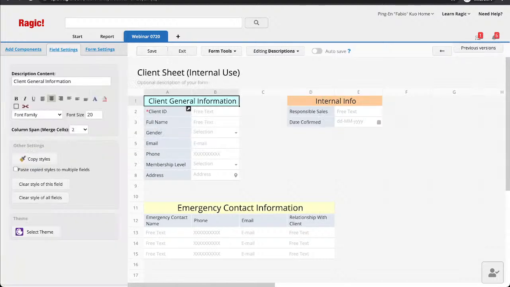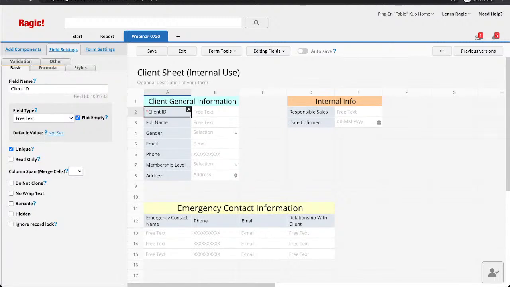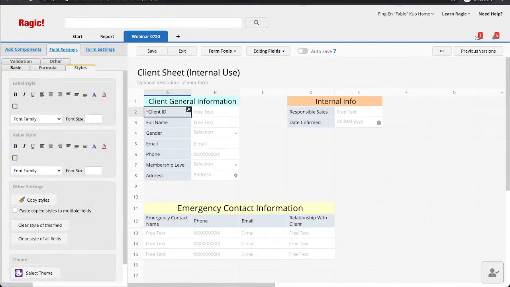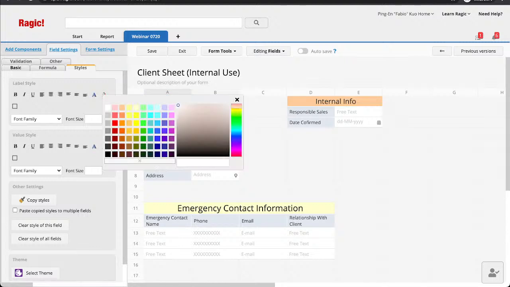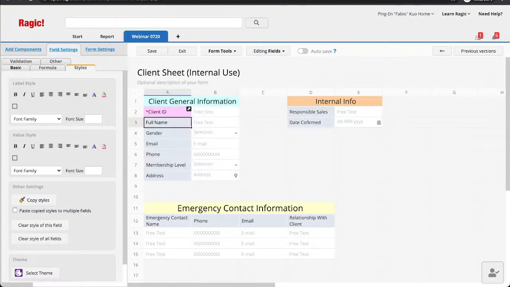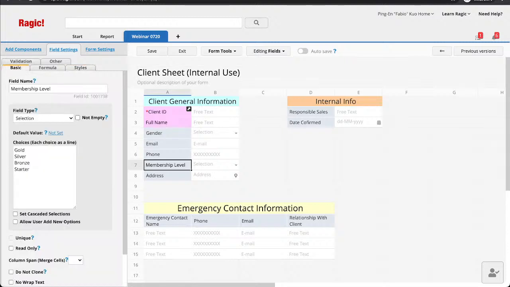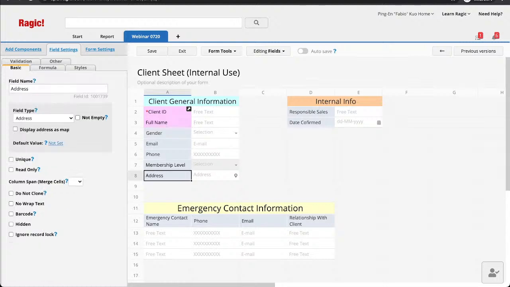And of course, for different types of users, you may also apply different sheet settings, such as changing the design of the fields, for example. I probably want to make this field really a bit funky, I guess. Changing the styles, the label to this purplish pink. And changing the field settings. So for example, the member selections, I don't want the internal employees to modify the client information that I've entered. I can go to basic, make it read only, and also these other fields as read only as well.